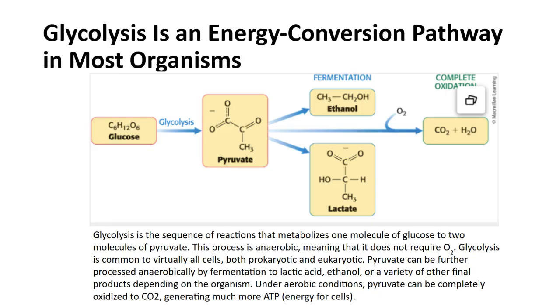Pyruvate can be further processed anaerobically by fermentation to lactic acid, ethanol, or a variety of other final products depending on the organism. Under aerobic conditions, pyruvate can be completely oxidized to carbon dioxide, generating much more ATP, which is